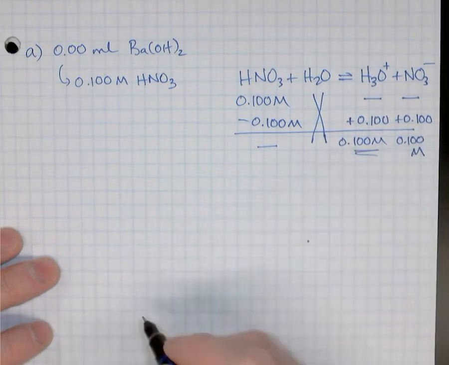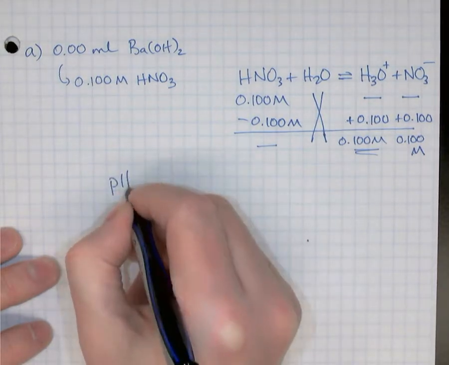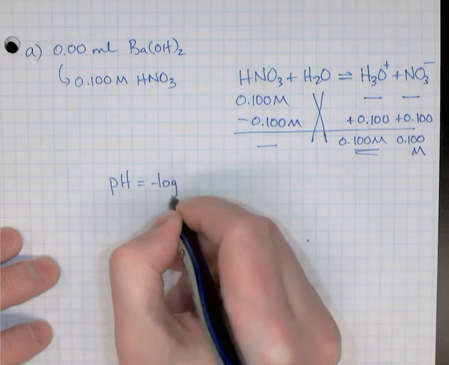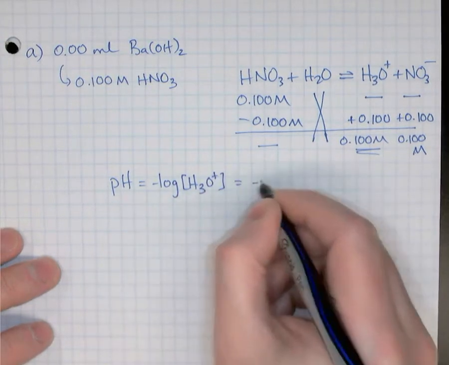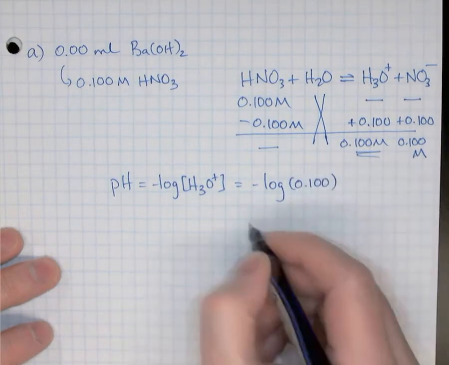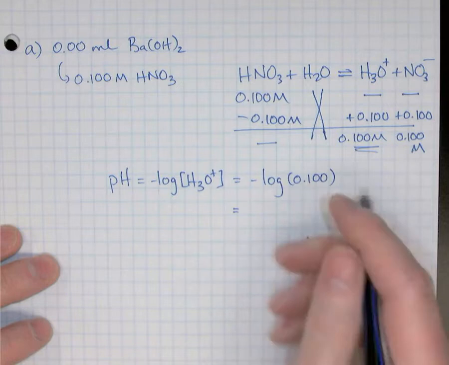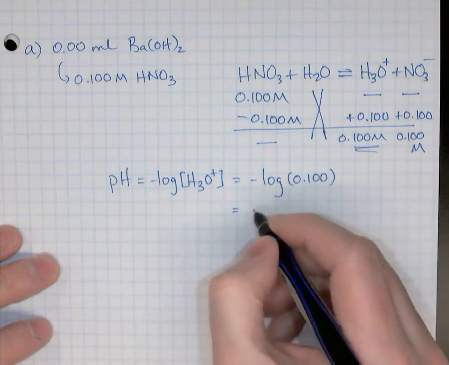Since we know the hydronium concentration, 0.1 molar, we can say the pH is the negative log of the hydronium concentration, which is negative log of 0.100. If you grab a calculator and do that, or do some mental math, this is 10 to the minus 1, so the pH will be